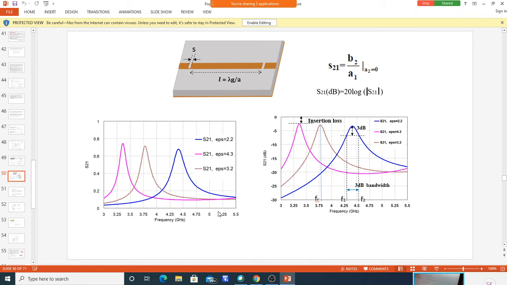Similarly, you can plot S11 also, the reflection coefficient. You can plot S11 and study at what frequency the reflection is lowest. You can try in the laboratory simulation tool how much reflection there is at a particular band. All those things you can study, and all parameters you can display. I have displayed only S21. You can try for all the parameters and see.